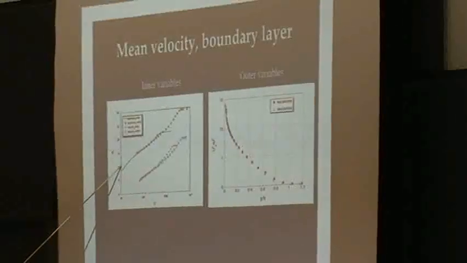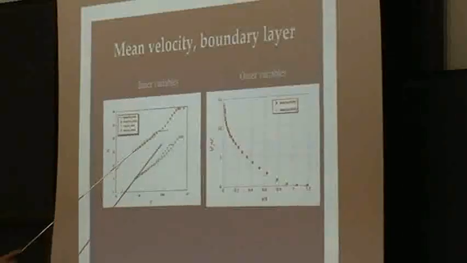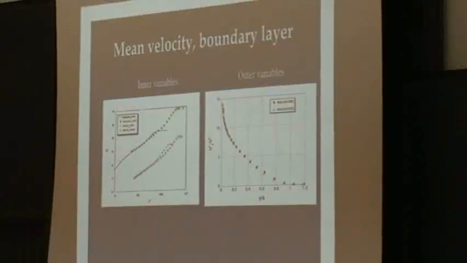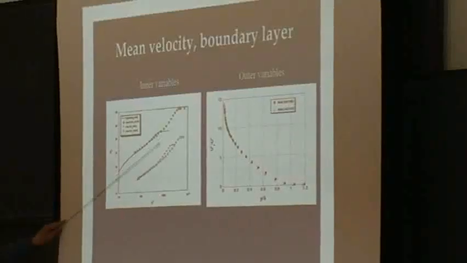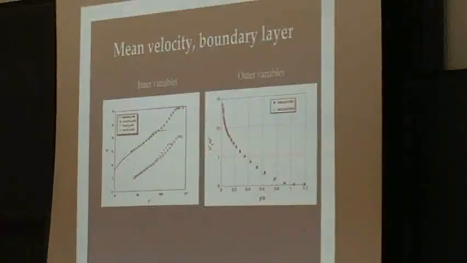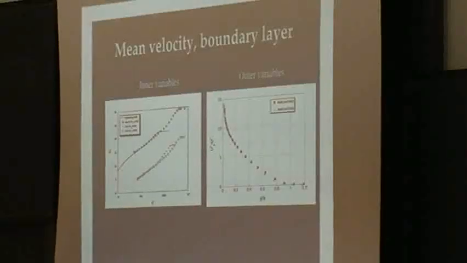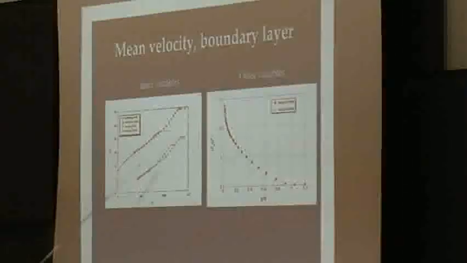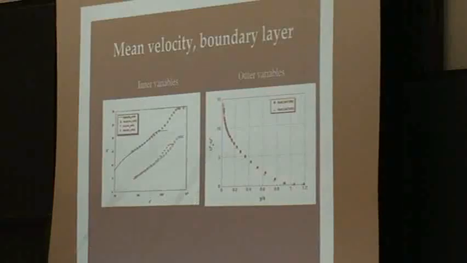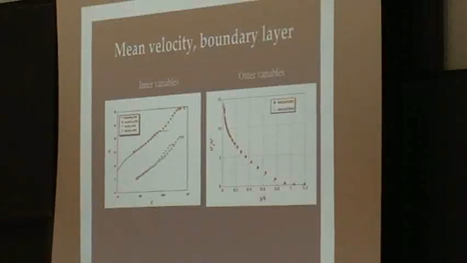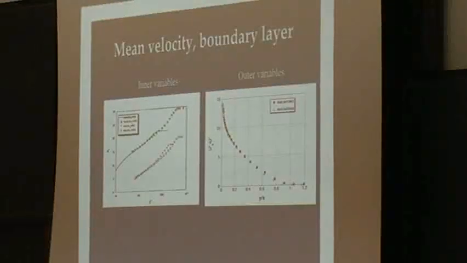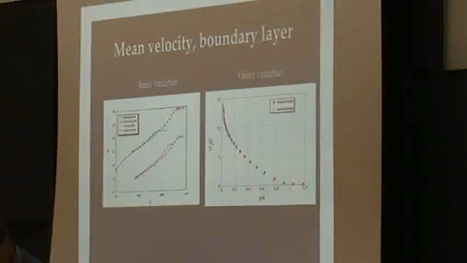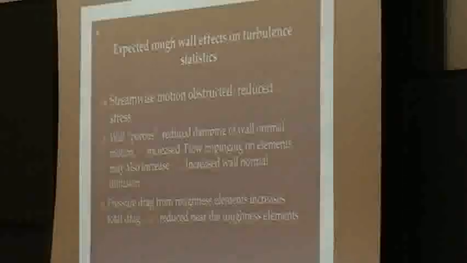I think that's spun out, I think. And here's our smooth wall measurements, and here are the two rough wall measurements, and you can see that they have the same shift. And when you plot this on a velocity defect form, you see that the wake shape is the same. So in both of these experiments, the wake strength was on the order of 0.7. That's somewhat higher than in the smooth case.